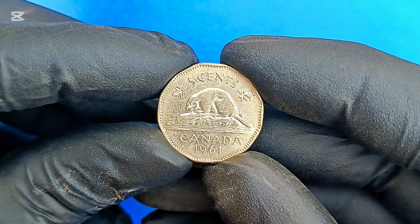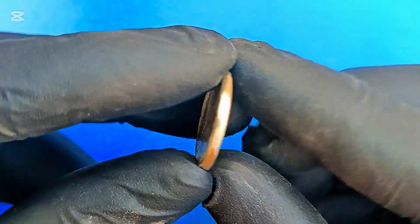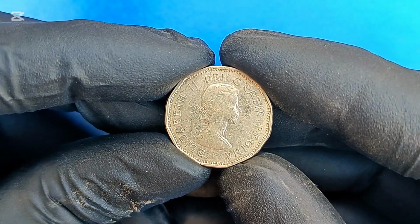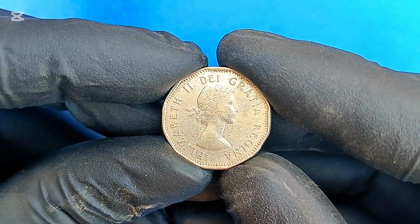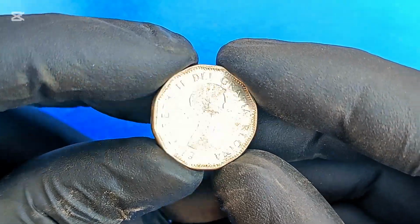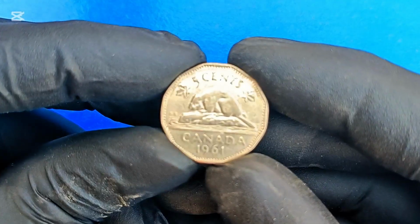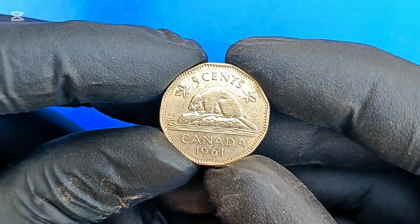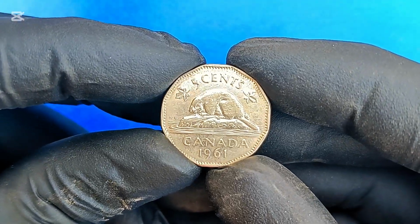What makes the 1961 5-cent coin particularly special is not immediately apparent to the naked eye. Many of these coins were struck in high volumes, yet a small number feature rare die varieties and striking errors that significantly increase their value. These differences can include doubled dies, misplaced mint marks, and even planchet flaws, details only visible under magnification or to